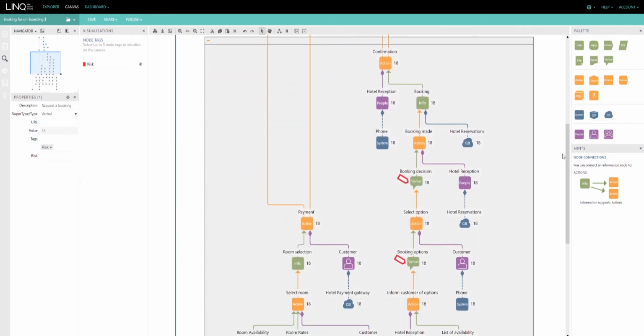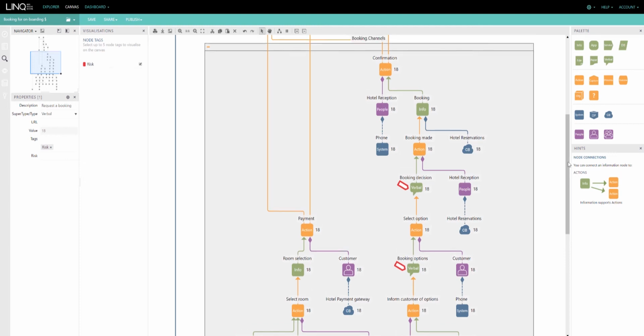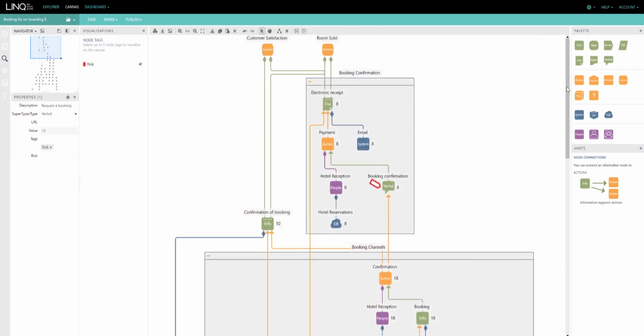As before, I've captured the duration and the frequency of each action, and I'm going to use this now to understand the annual cost to the hotel. In order to do that, unlike the last sketch, I've removed the cost for the customer, so we only have costs carried against the hotel reception staff of $50 an hour. The total number of transactions are 100,000 bookings per year, and that's a 60-40 split between phone calls and accessing the website.